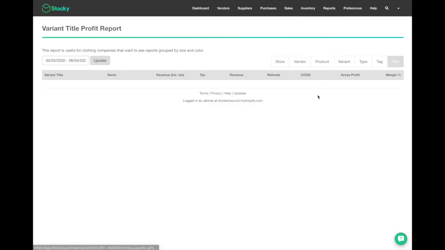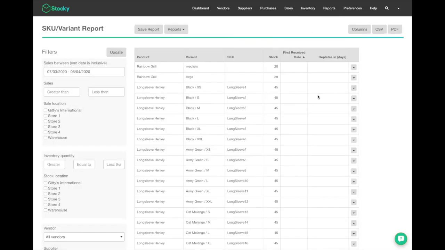And then finally, the last report, again, another beta one, is the inventory age. Very similar to your SKU variant report. Actually, you can see it's basically the same, but the difference here is that it's going to give you the first receive date. So you can see exactly how long something has been in your store versus the number of days it should be depleted in. So it's a great way to see dusty shelf items and really move stock out of your store if it needs to be put on sale, or if it's very old in your store and you don't necessarily want to sell it anymore. You can see exactly what your dusty shelves look like with your inventory age report as well.